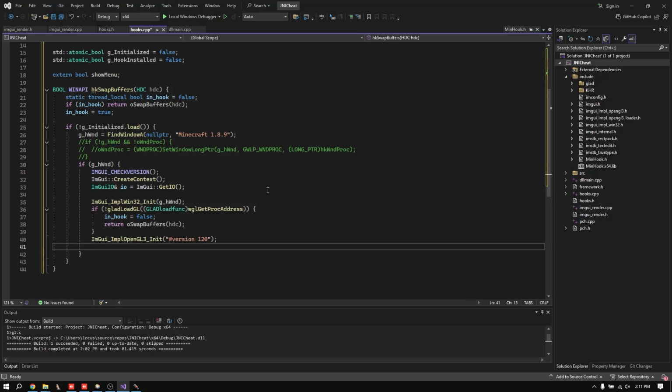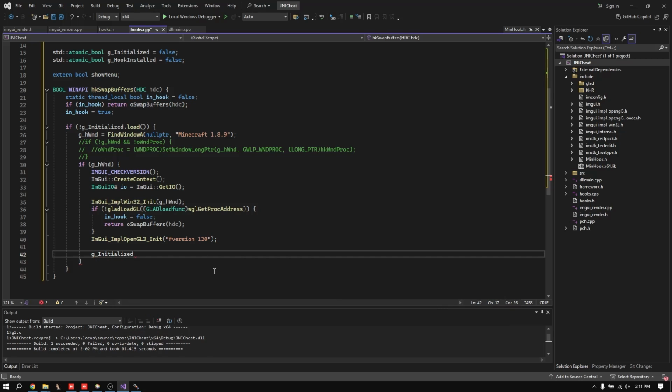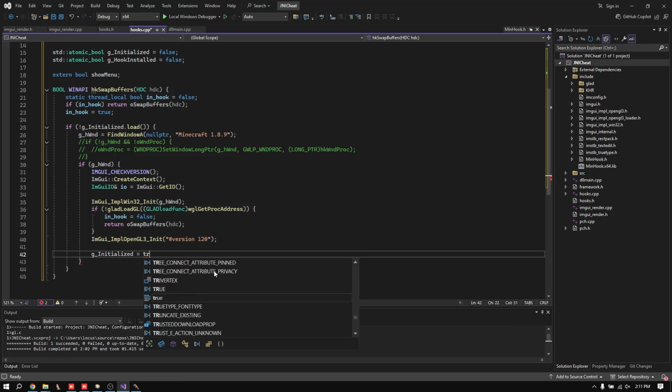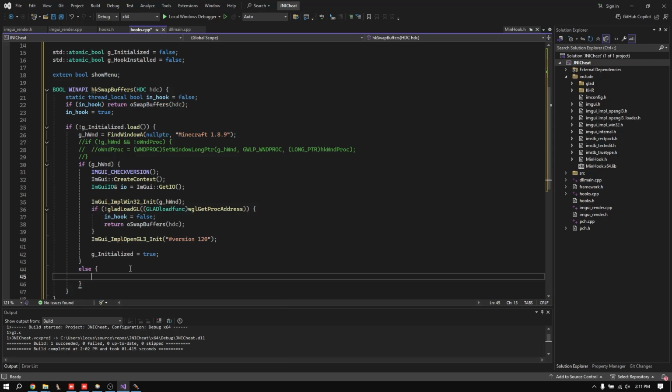That should have even fewer functions than the normal Minecraft ones, but they're probably ones that we don't even need. So after this, we can set initialized to true, and that should be it. We can just add an else statement under here for if we don't find it. All right,